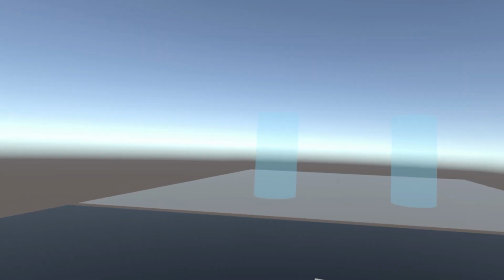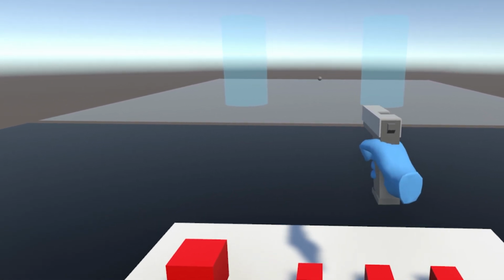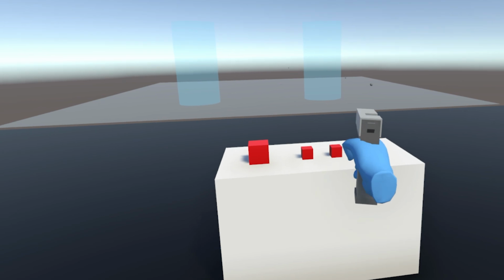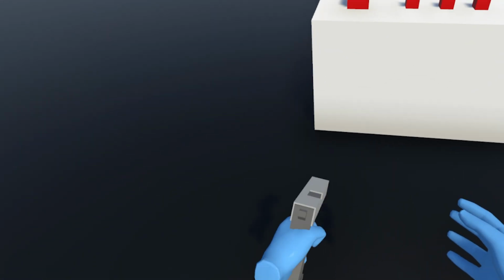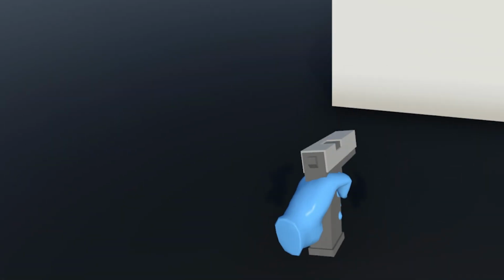Congratulations. Now we've seen how to grab an object by snapping it to a certain point in our hand, but what if we don't want the object to snap but to keep its position when we grab it? This is what we will learn now with the offset